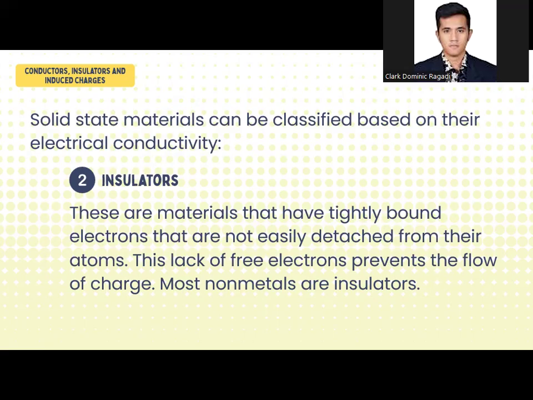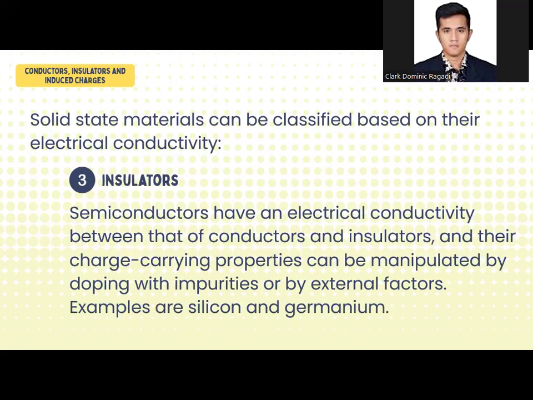If you have observed, in our electrical wirings, inside there's a metal, usually copper, and then outside it is wrapped by rubber. The rubber was used to prevent electrical contact because it's an insulator, to prevent hazardous phenomena like electrocution. Okay, next. That's a typographical error. This should be semiconductor. So this is semiconductor.